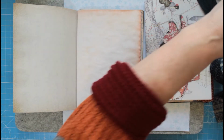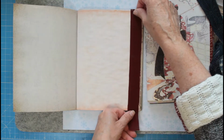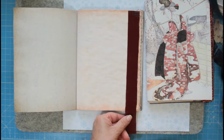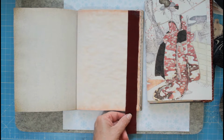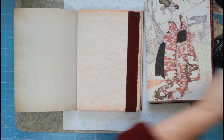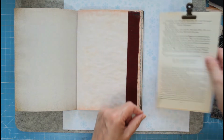I think we'll put, that'd be quite nice, wouldn't it, because it's got some avocado paper there. So I'll do that. Let me move that out of the way so I don't get glue all over it. So my glue